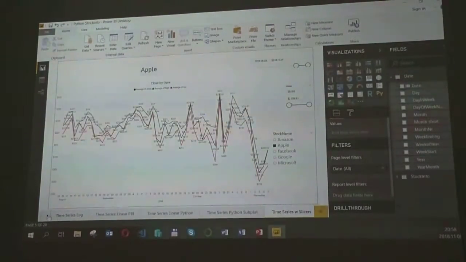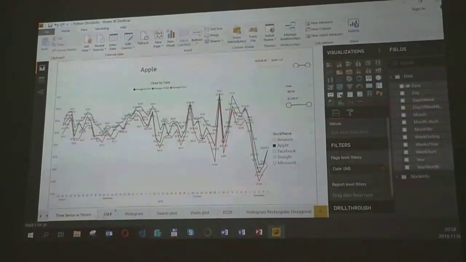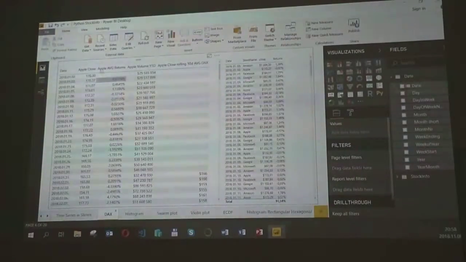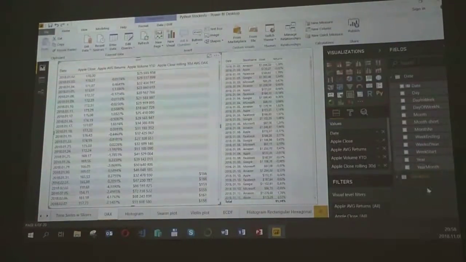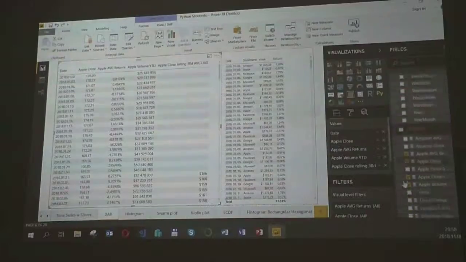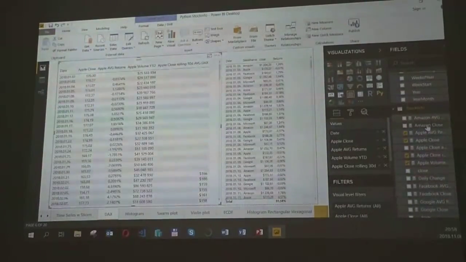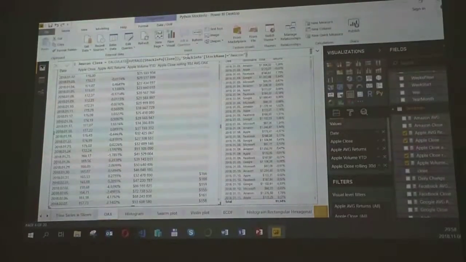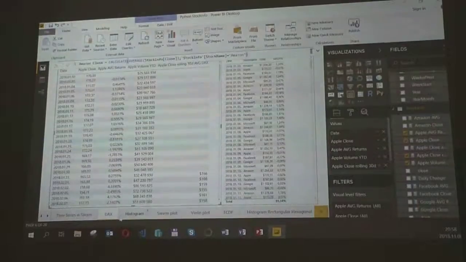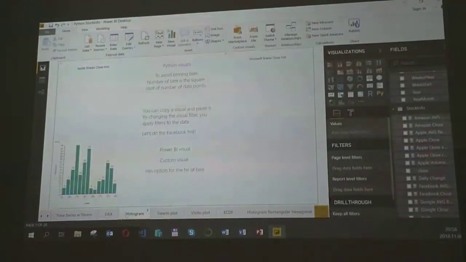So okay, let's speed this up a bit. I have some DAX calculated columns, like this is the Amazon stock values calculated with this code. It's easy to read, harder to write.